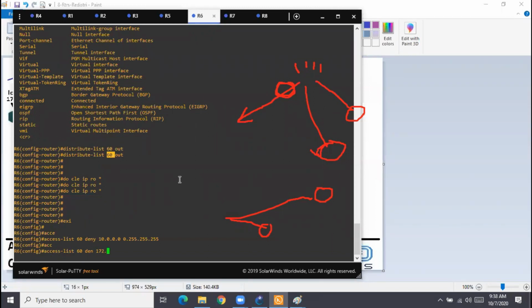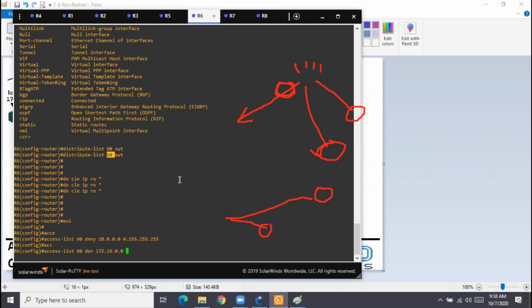Then 172 in class B. What are the private IP addresses? 172.16.0.0 to 172.31.0.0, a /12 range. How do I specify that?